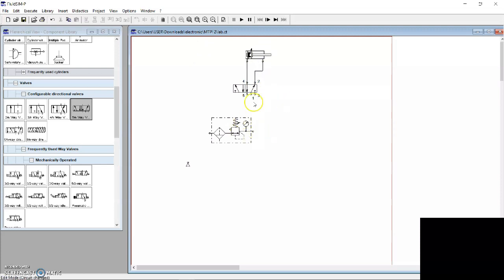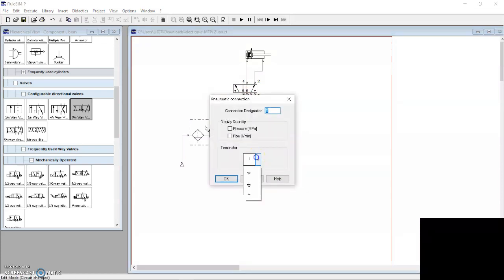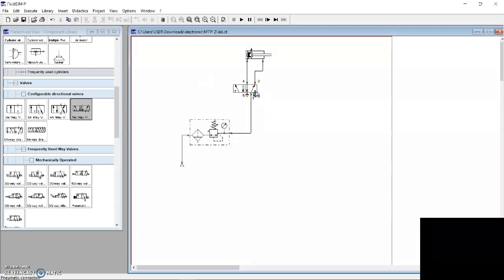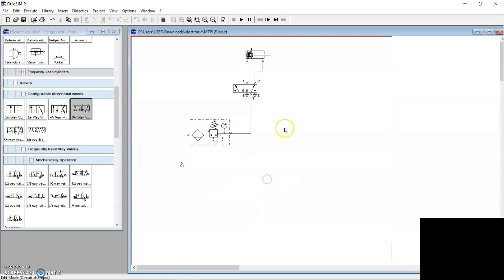Okay, and the service unit, connect to number 1. And the 5 and 3, we put the terminator at this number 4. Okay, so the circuit is done.